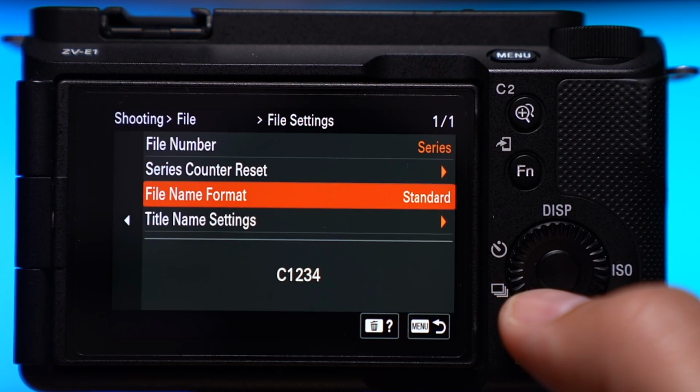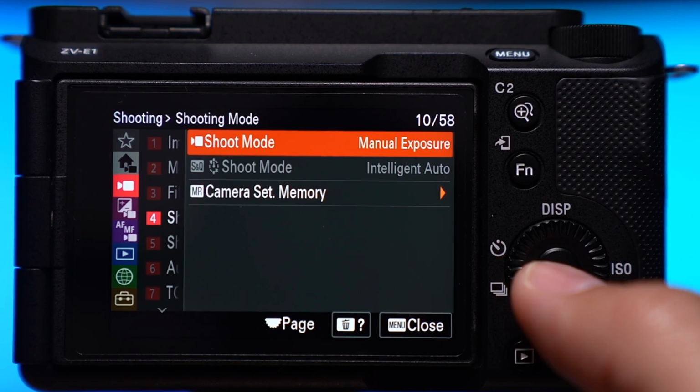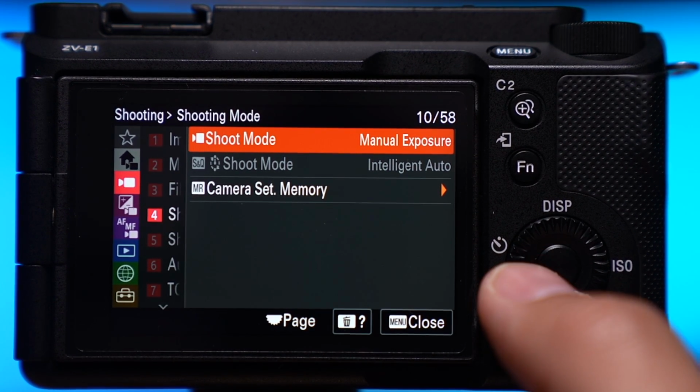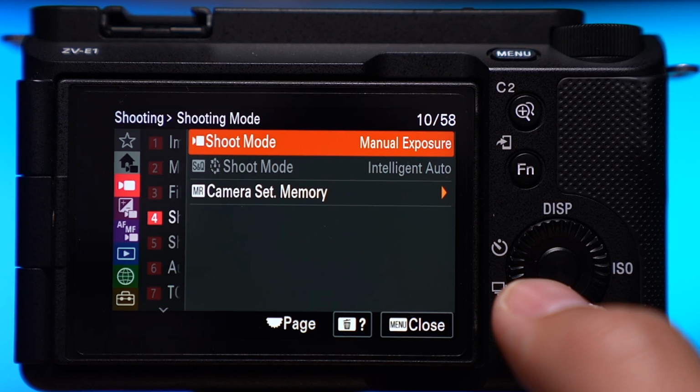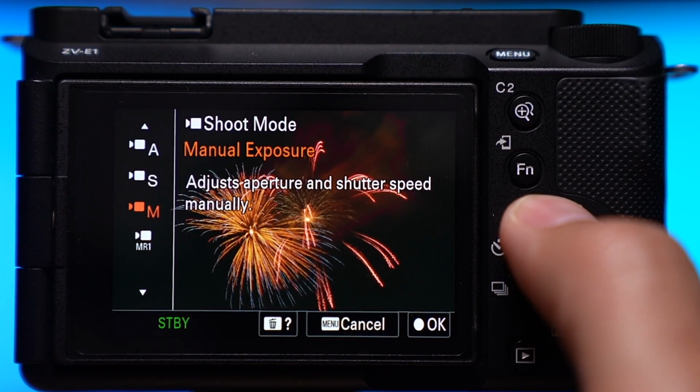File settings, you can choose what you want your file names and how they're numbered. I just leave it how it is and rename them once they're on my computer. Shoot mode, I'm always doing manual exposure because I want control over the aperture, shutter speed, and ISO. But if you want to use one of those other modes, it is